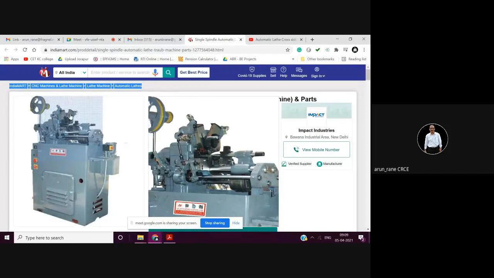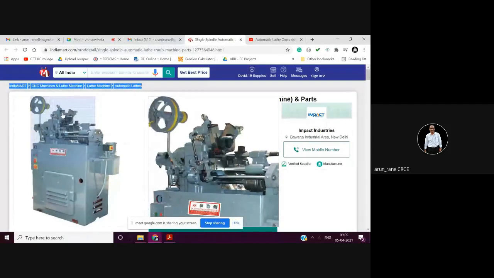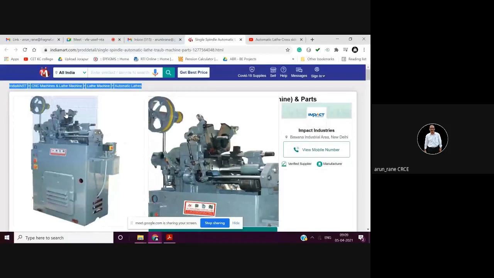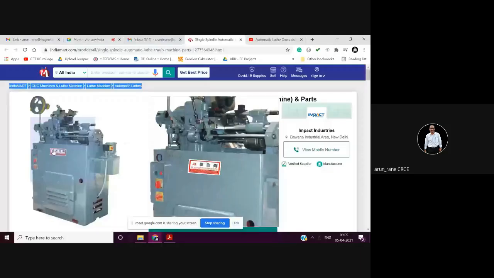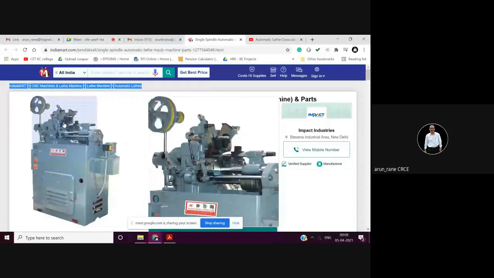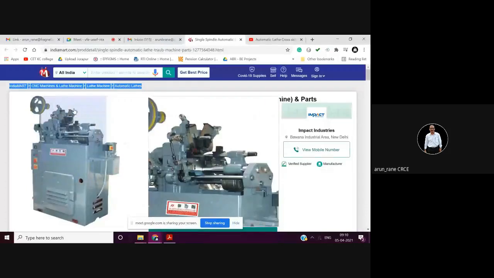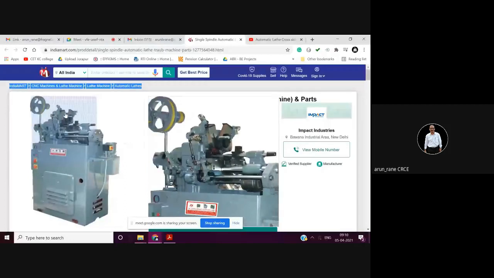These are the vertical slides. See, these two, this is your front side, and this is your rear side. आगे का है वो front side और पीछे का है वो rear side. So these are the two vertical slides which move in and out. ऐसा movement होता है. So this is front vertical slide and this is rear vertical slide.